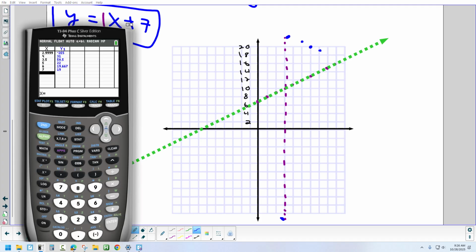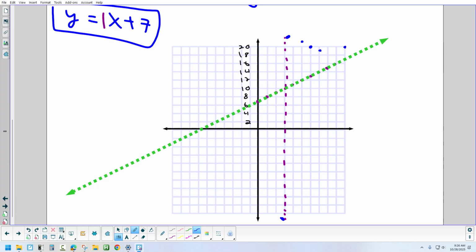And then let's go to 10, which is the edge of my graph. Okay, so 10, now it is going back up again. So I'm at just about 20. All right, so what's going to happen in that section is it's going to,